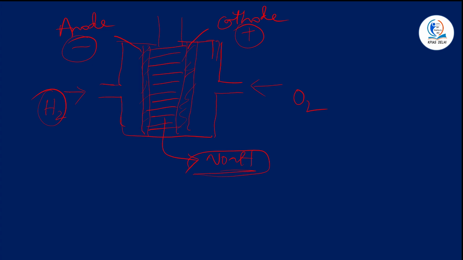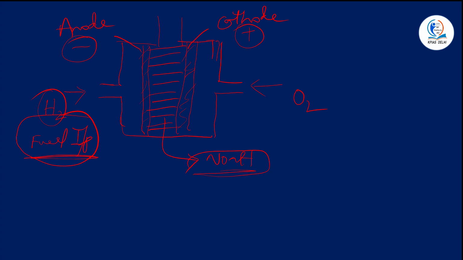Firstly, what is required is the fuel input. In this particular case, hydrogen is the fuel input, which operates on the principle of an electrochemical reaction, where chemical energy is converted into electrical energy. Common fuels that we use as fuel input are hydrogen, natural gas, methanol, or any type of hydrocarbon. This is the first stage in the working of a fuel cell.